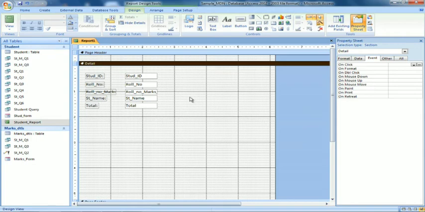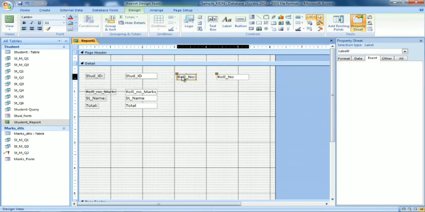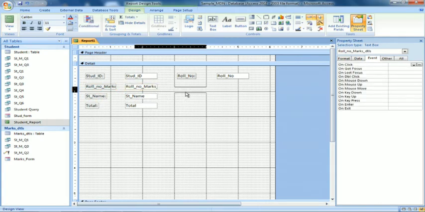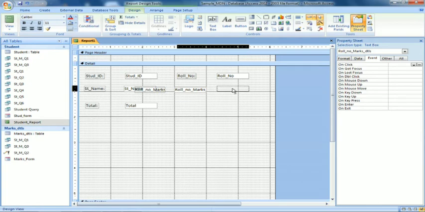Why is it coming? Let us see this. Student ID, if I put it here, I will drag and release it, and accordingly it will place. Now definitely I want the student name here.